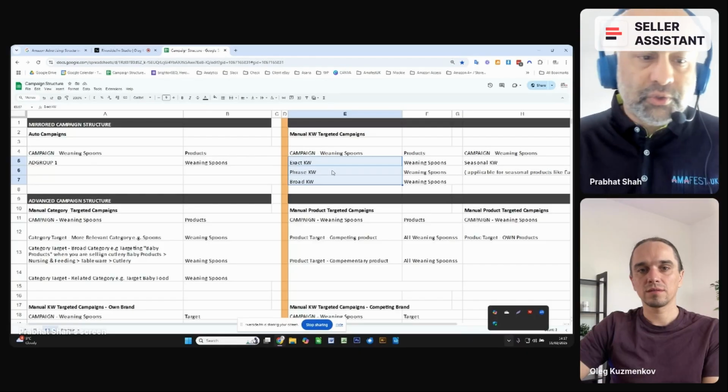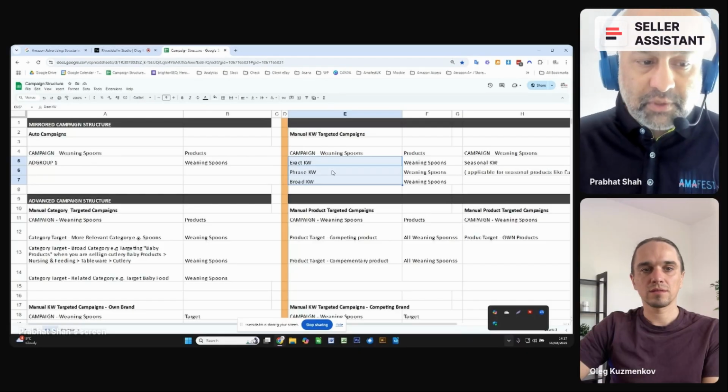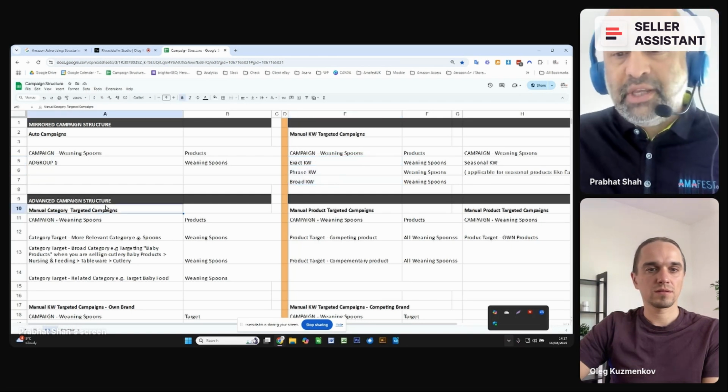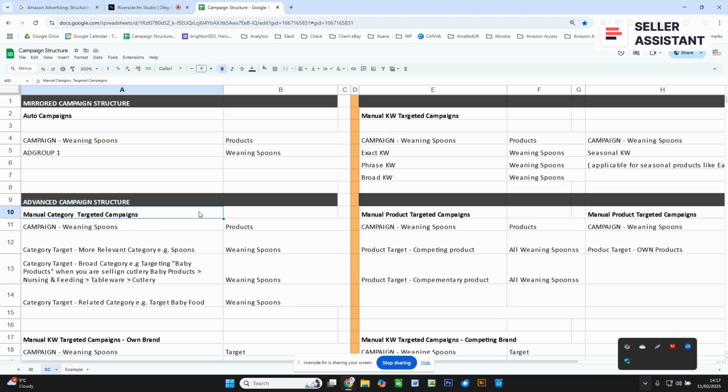Now let's go on to the other type of structure, which is called the advanced structure. You can assume that it's just a different kind of structure. It's not complicated, to be honest. Here, we've created a campaign by the product name. Inside that, we have created a category campaign where we have targeted the relevant product category, as you can see.